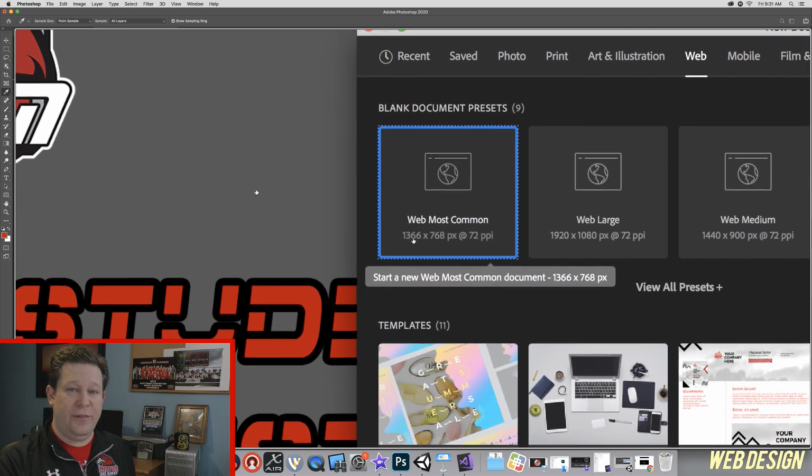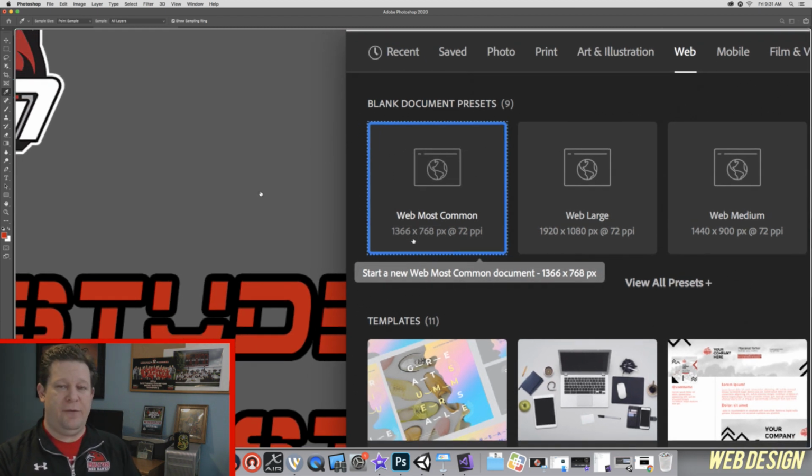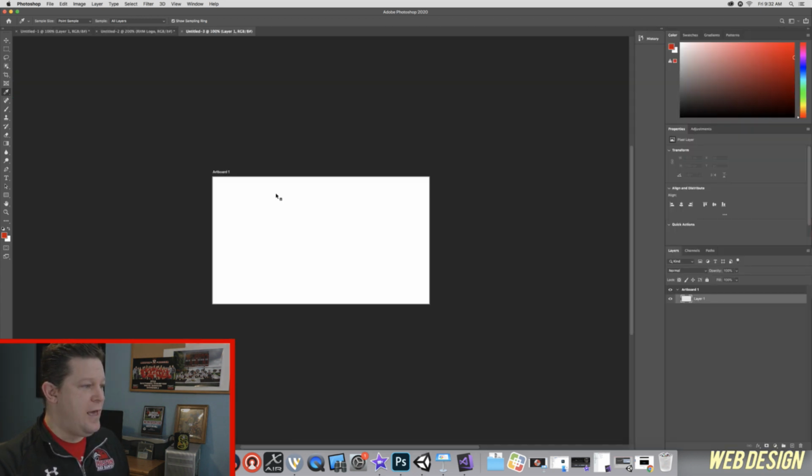And this is really the most common web size that is being used right now. It's really handy for being resized to mobile. And it's really handy for a full-size website all the way up to viewing it on a large desktop. So we're going to go ahead and create that. And once we're in here, you'll see that we're on Artboard 1, which is a nice little folder that's been created for us. And this is where we're going to utilize that